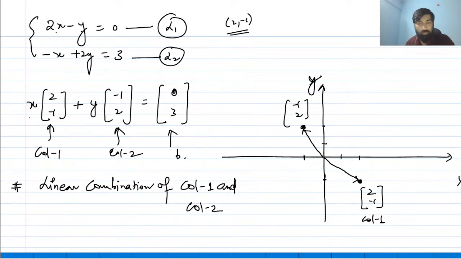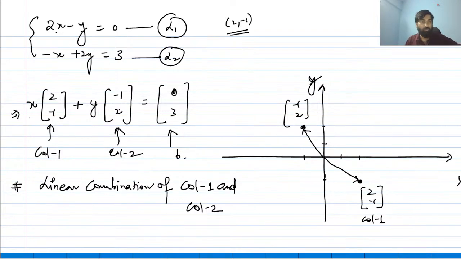So can we add these two vectors? Yes, we can add these two vectors. Okay, so we just take x equal to 1 and y equal to 2. Okay, so just multiply with this vector 2 and -1 1. So nothing is going to change. If you are multiplying by 1, your vector will be the same here. This vector will be the same.